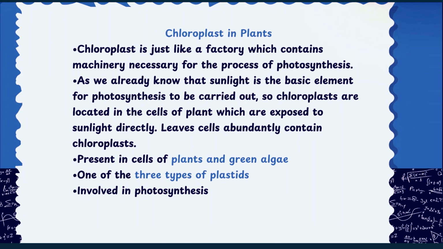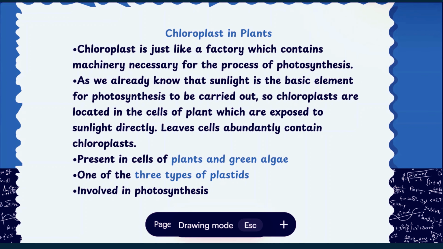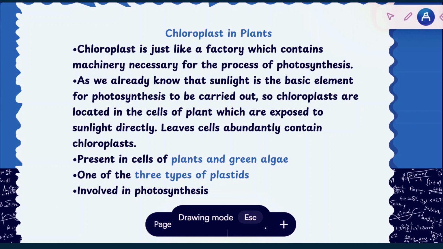So now we are going to talk about chloroplasts, which are just found in plants. ठीक हो गया? So a chloroplast is just like a factory which contains machinery that is necessary for the process of photosynthesis. हम लोगों को पता है कि sunlight is a key element जिसके बगैर photosynthesis नहीं हो